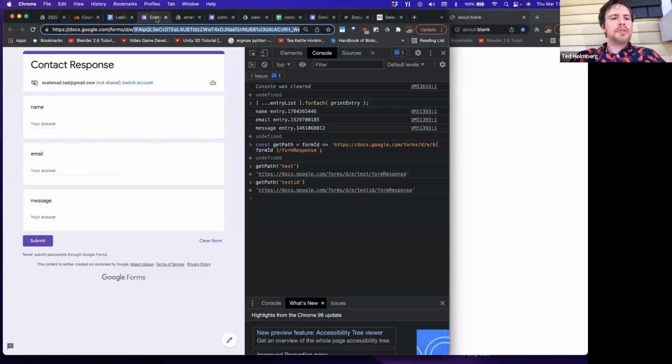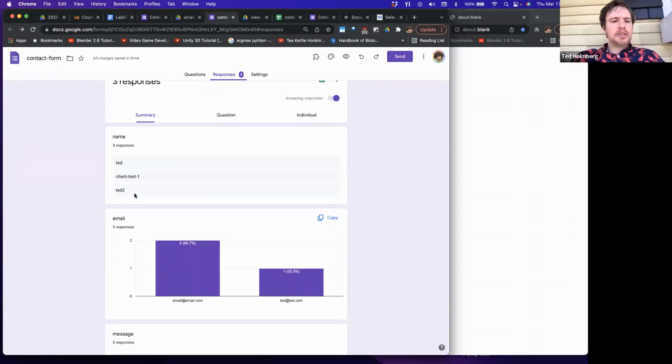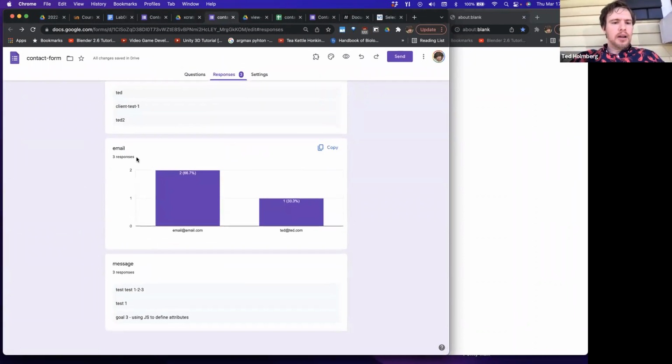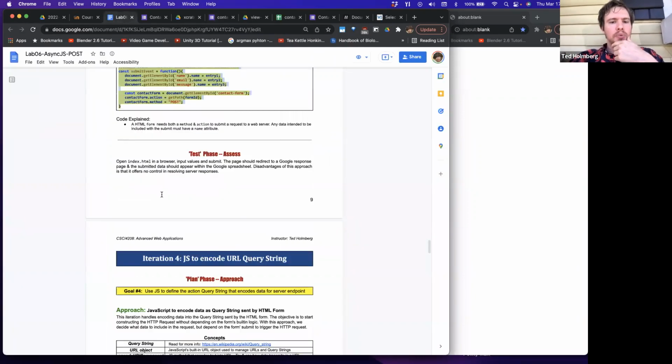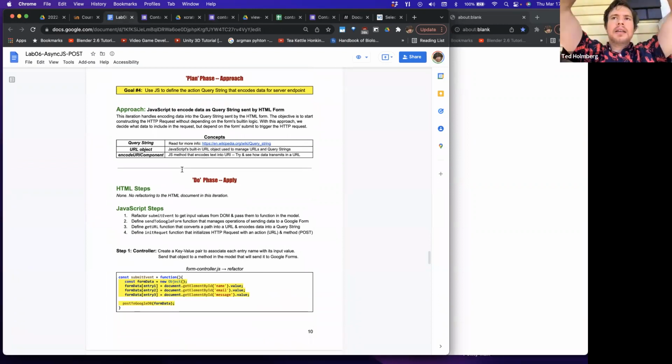And in fact, if I go back over here, I see now I have three responses. Here I have test 2. This is aggregating, so I'm getting the second email at email.com. And here I have goal 3, using JavaScript to define attributes. That's perfect. Okay, let's move on to the next goal then, because we were successful now with setting our data using JavaScript,